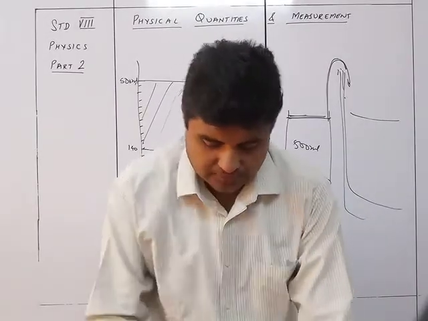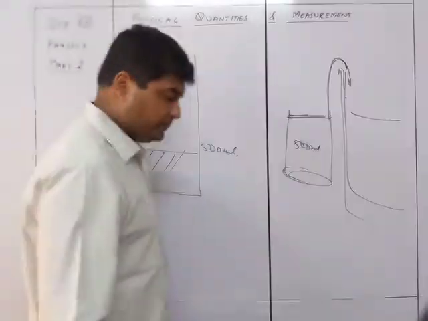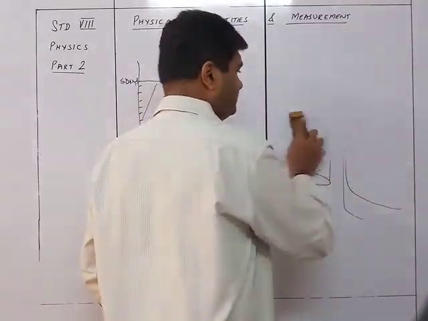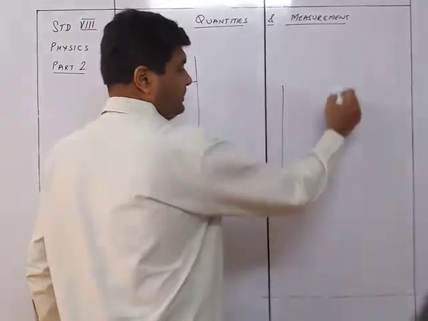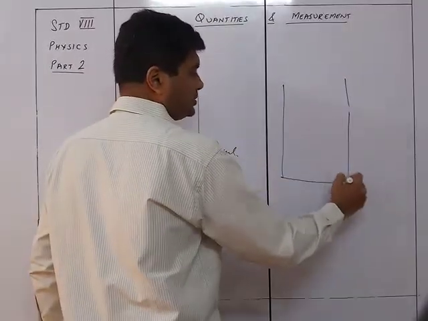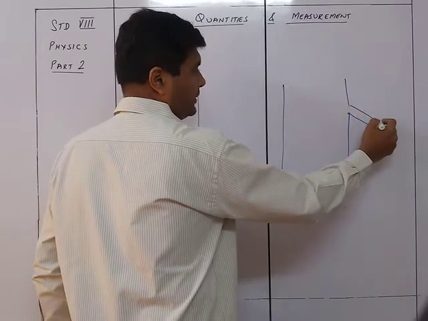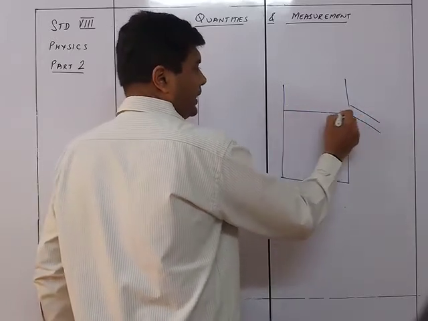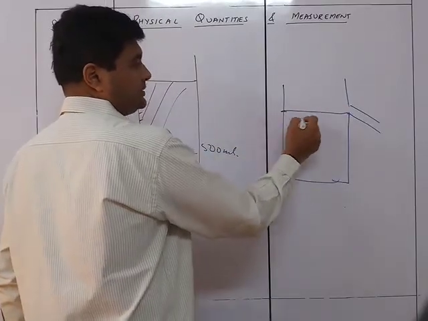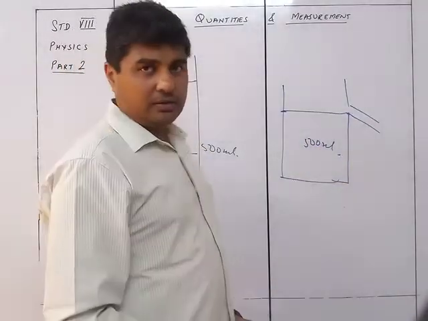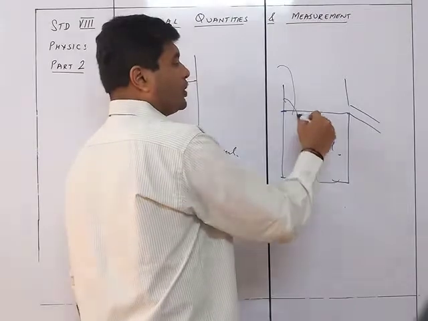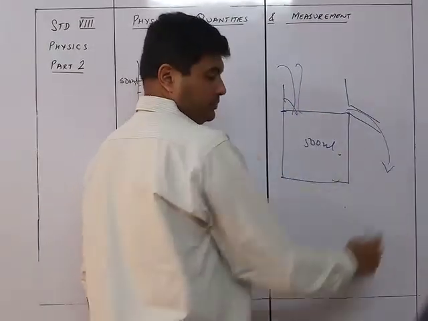So, here the Eureka can is very simple. It is like a beaker over here, and that beaker has got a spout out here. So this is a spout out here. So up to this point is the capacity of this particular Eureka can. The moment you add any more of this thing, it will overflow.